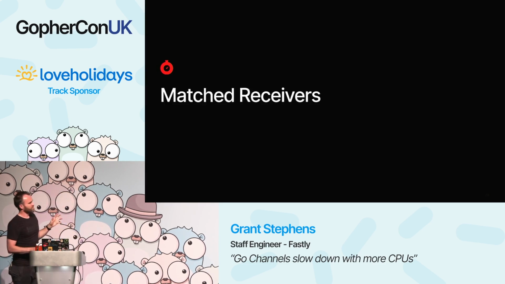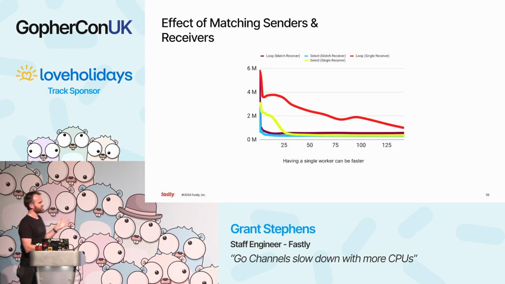Then I just want to briefly touch on a thing that I'm calling matched receivers. So essentially, in all of the testing that I've shown you to this point, if you had 5 Go routines sending messages, there were 5 Go routines reading messages off the queue. So what I did as some extra testing is to go and say, OK, let's assume that there's only 1 worker reading off the queue, but there's multiple sending. So the CPU count will be the number of senders, but you only have 1 worker essentially reading off the queue. And that creates an interesting graph.